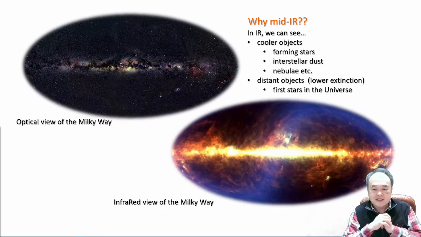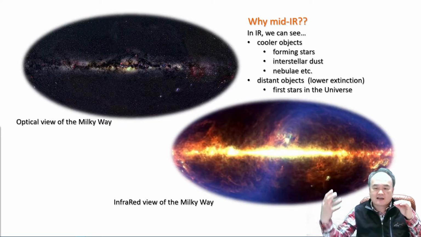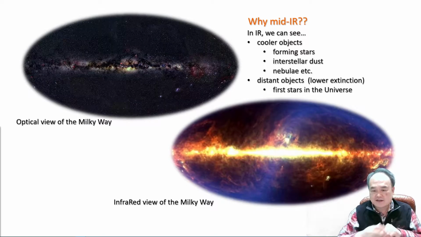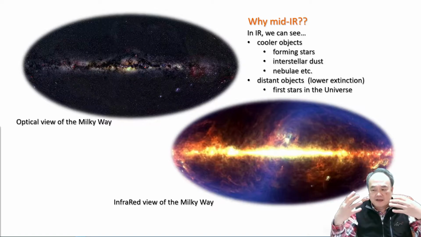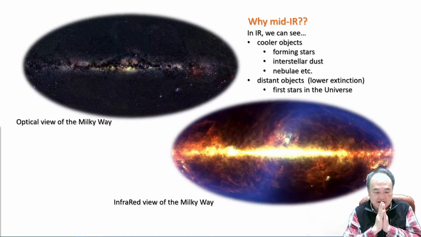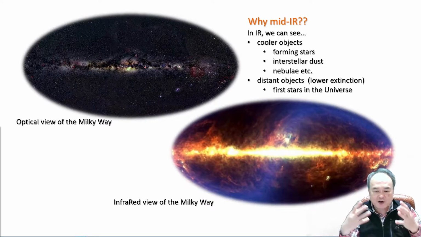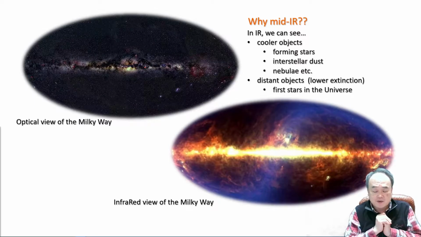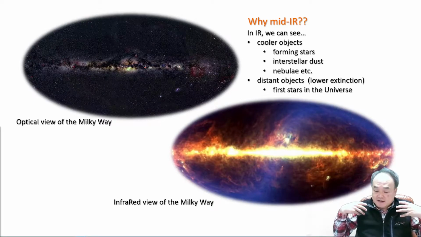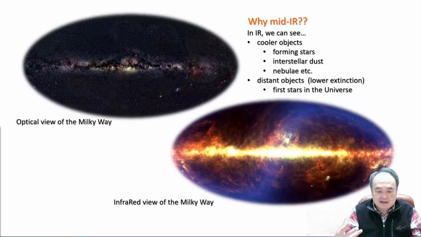This dust blocks the light from the background, so that's why it appears black. But these dust grains are about 100 degrees Kelvin, or maybe slightly cooler, so they radiate reasonably brightly in the mid-infrared,